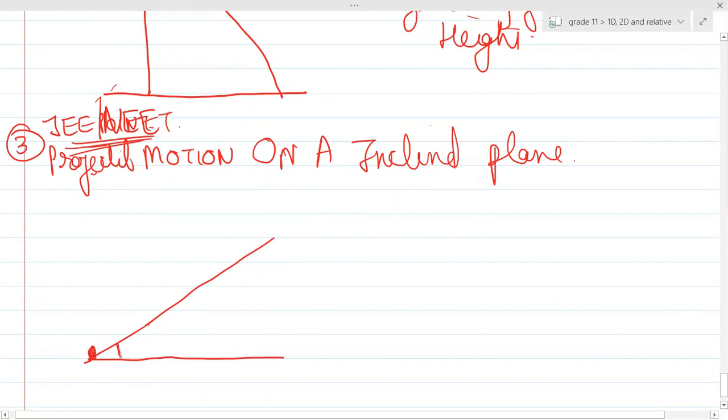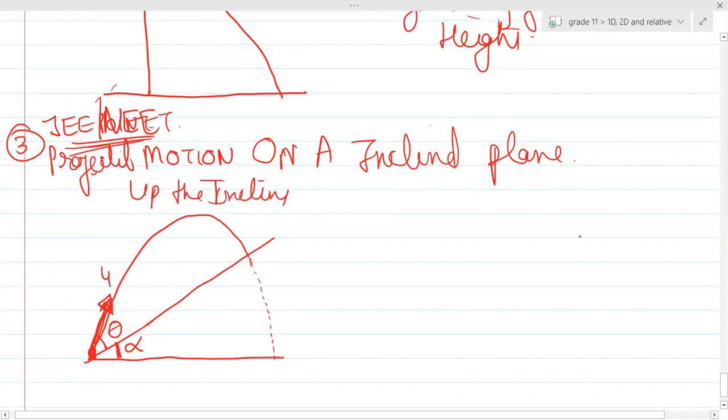Can you see there is an inclined plane of angle alpha, and I'm throwing this object with initial velocity u at a certain angle theta, that will go like this and not fall like this. Yes or no? If this plane wouldn't have been there, then this object would have followed the normal path, oblique projectile, right? But since there is a plane added, the motion will change. This is projectile motion on an inclined plane, up the plane, up the incline, and I can throw it downwards as well. So I can throw it at a certain angle.